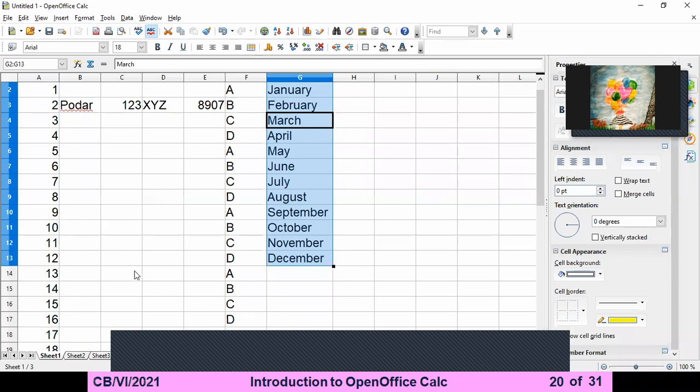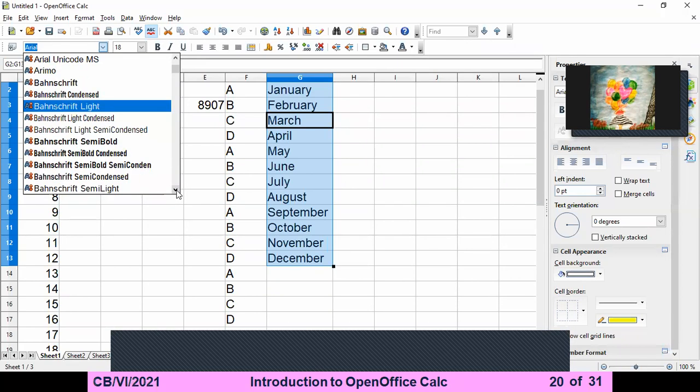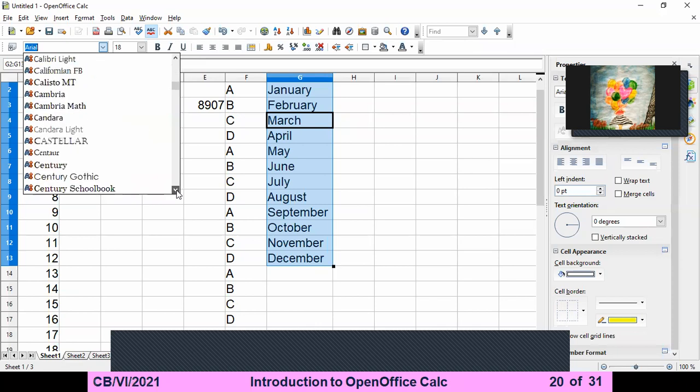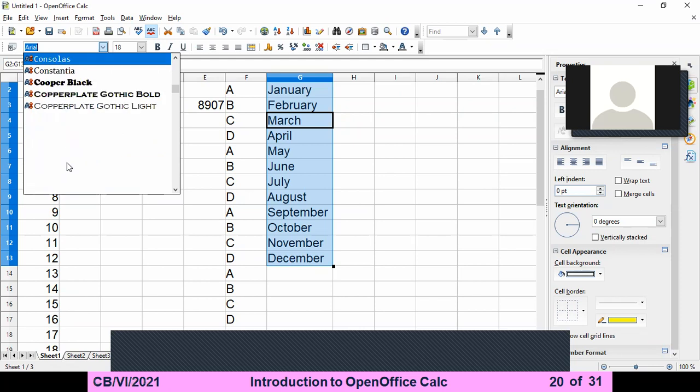So this is my screen. I already wrote something. You can see here by default it is Arial. If you want to change the type of font, you go ahead. You can see how many types are available. You can choose your font type. It's not necessary to choose just one or two, you choose your own.